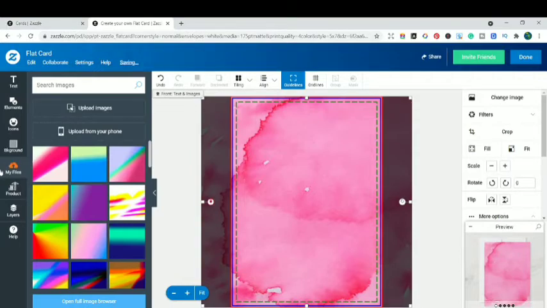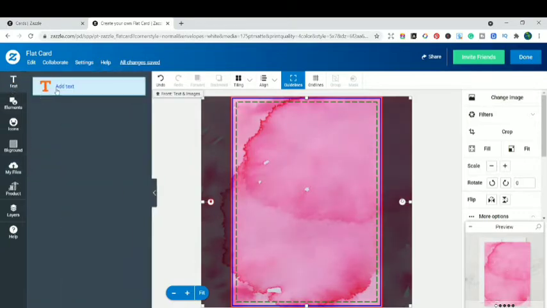Now we need to write the text over it. Since it's the birthday card and this is a simple watercolor texture that I made by hand on a piece of paper, and then I digitalized it in Photoshop. And you can check out my designing channel as well, where I talk mostly about how to design using Photoshop, Illustrator, and different tools. Check the description box below, where I talk a lot about that. I digitalized this watercolor texture which I made traditionally on a piece of paper. But anyhow, guys, let's move forward.